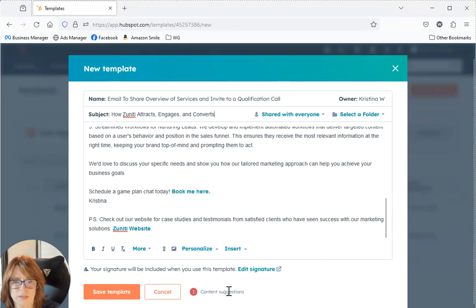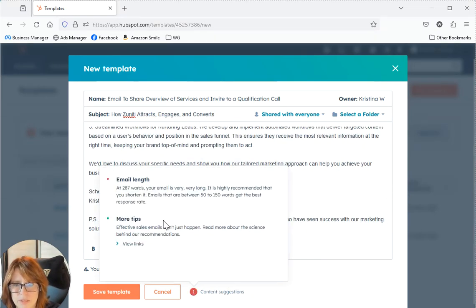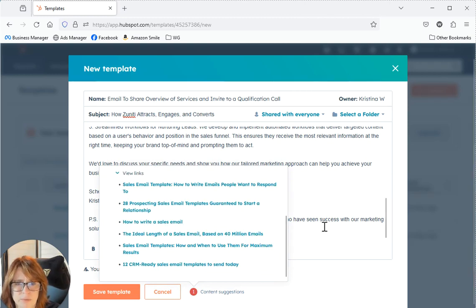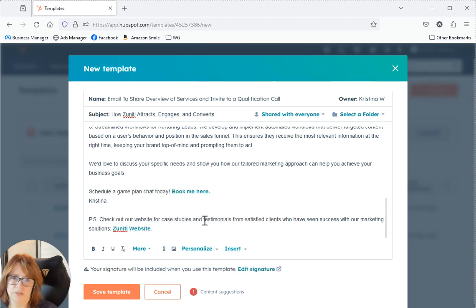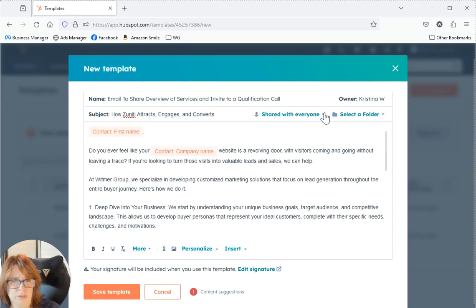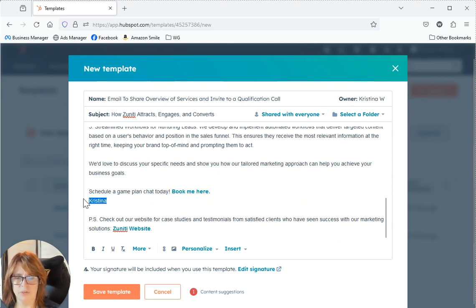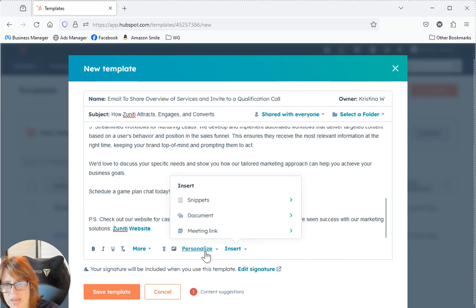Okay, so that's it. Now there's still, let's check these again. So email length, more tips, and lots of tips. That's why I love using some of this stuff, because you get some really good stuff. This looks good. So this is shared with everyone. So if I want a salesperson to use something like this, the other thing you can do here is, instead of putting my name, you can